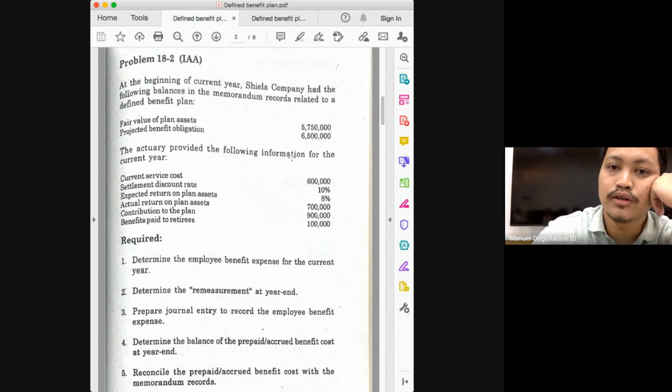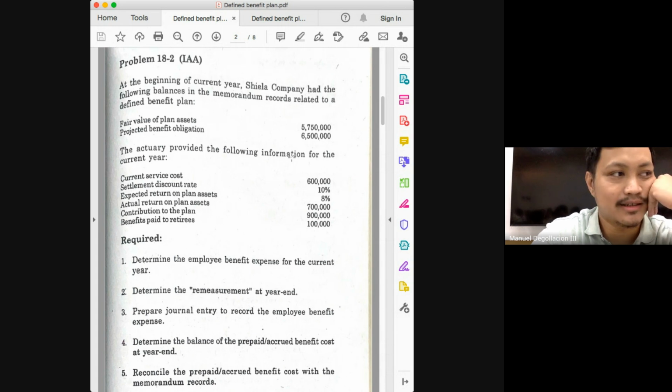Okay. So if ever you'll be asked for employee benefit expense, I do not want your approach to be dictated by what is given. I want you to dictate what you will be doing in the problem, and that is to look for the subcomponents of your service cost and your net interest. Okay, so let's start with our